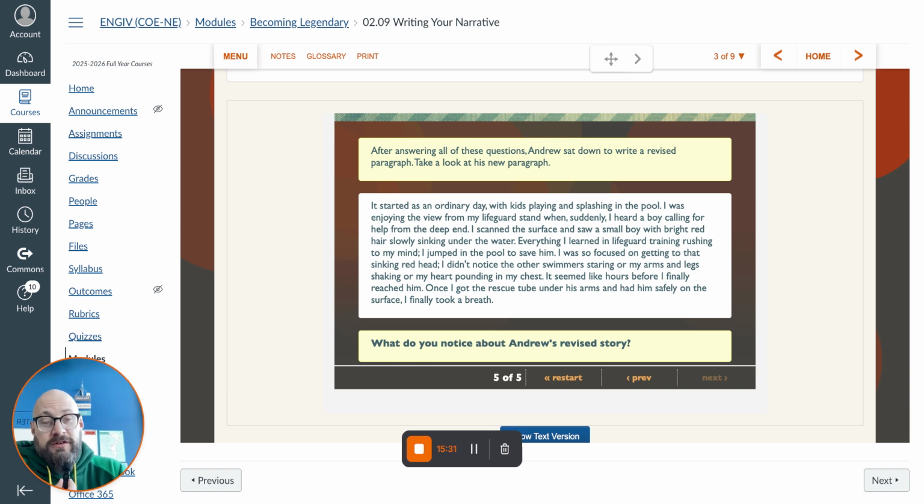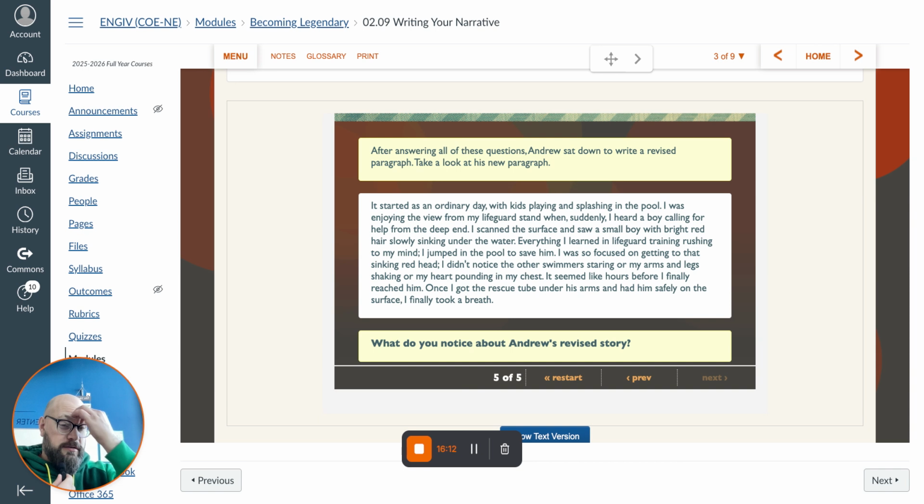First thing, visually, you can just see it's longer. There's more detail. There's more variation in the verbs, like the action words that he's using. Just for example, he didn't look at the water; he scanned the surface. It's a little more precise language. You can more mentally put yourself into the situation. You can imagine yourself scanning across the surface of the water for this person. You can just see how this is much better, much improved. And really, all we did is take a second look at this paragraph.